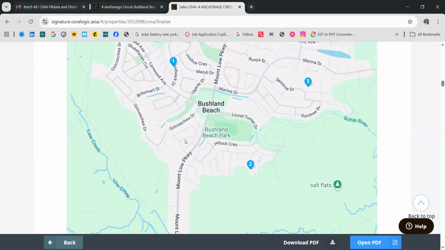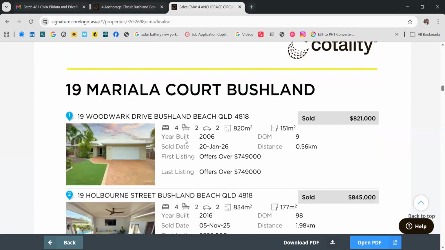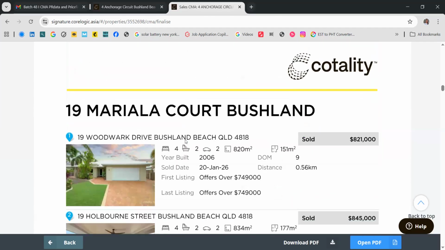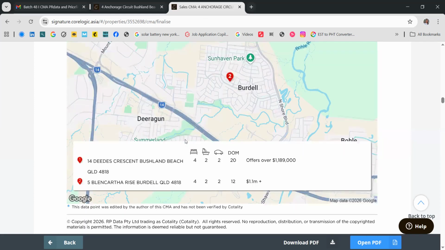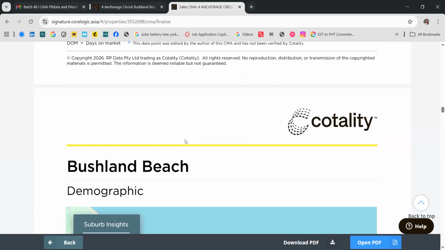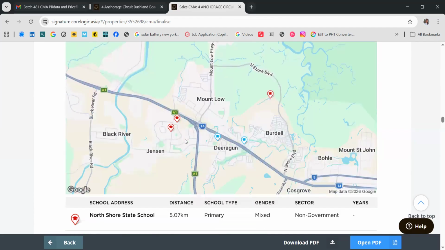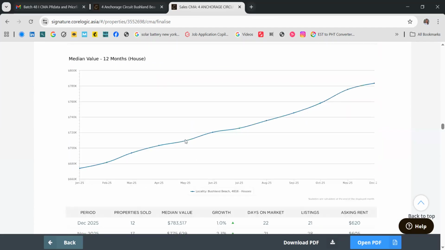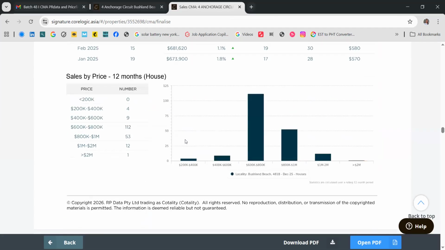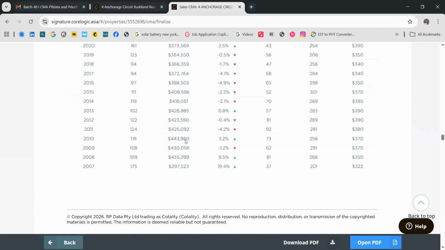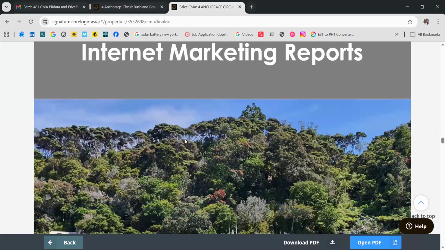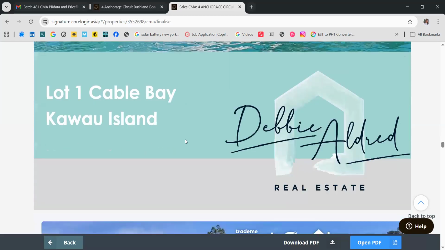Okay, and then also the comparable listings, and the local schools near that property. The local market trend, and other market analysis reports.